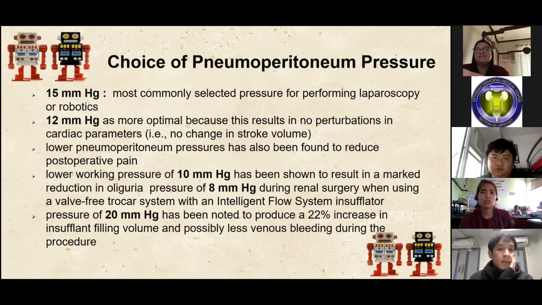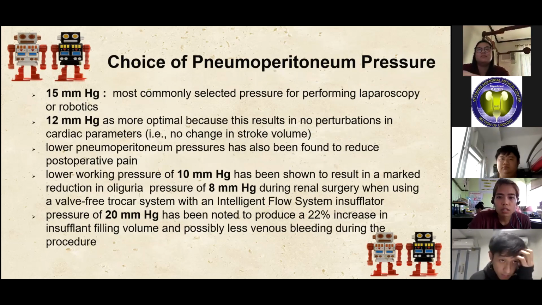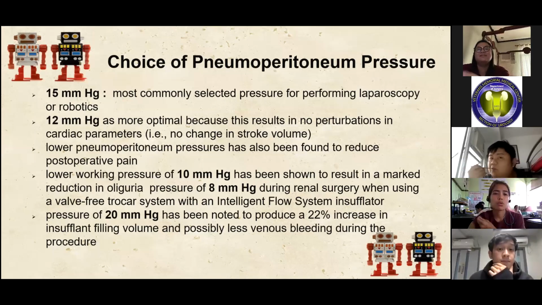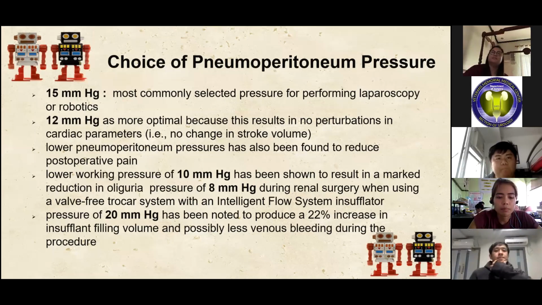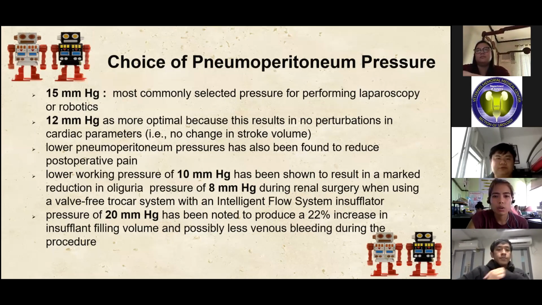So for the use of pneumoperitoneum pressure, 15 millimeter mercury is the most selected pressure for performing laparoscopy or robotics. 12 millimeter mercury is used as more optimal because this results in no perturbations in cardiac parameters, like no change in stroke volume. Lower pneumoperitoneum pressures have also been found to reduce post-operative pain, while 10 millimeter mercury has been